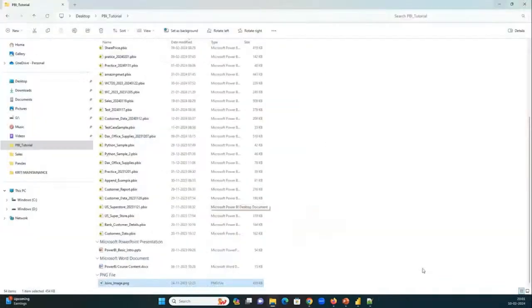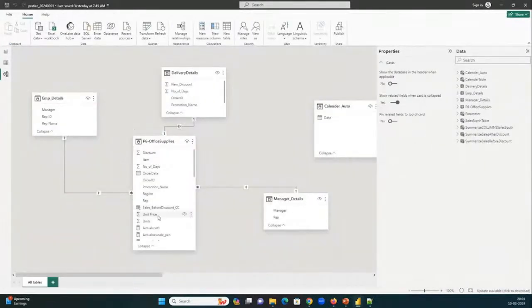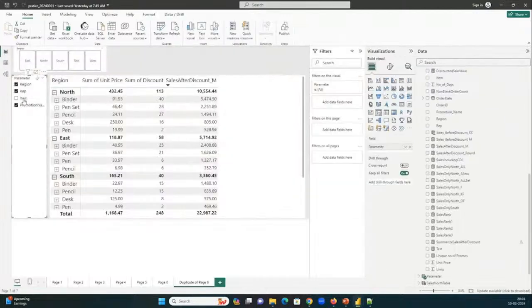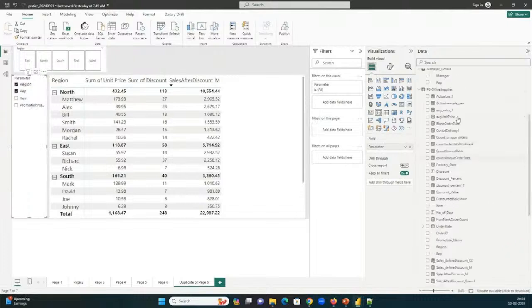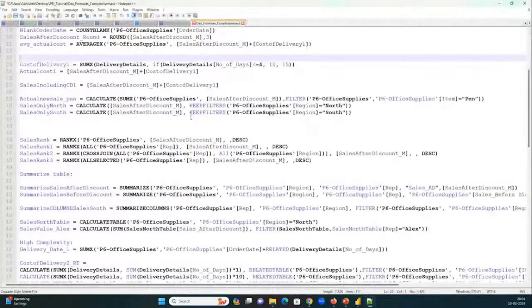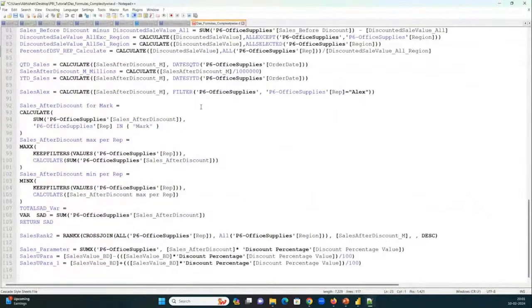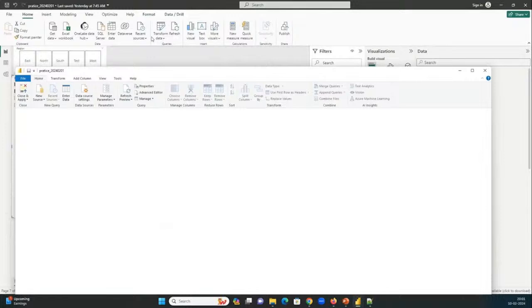And then there is this office supplies table. In this table, you will have the sale details, right now on the screen I can show you: region, rep, item, and then the promotions. And we have other details as well, the order ID, order date, delivery date, all of which will be calculated based on the order ID and the number of days taken for delivery. In this you will learn all these measures, around 70 odd measures. And I'll be teaching you calculated columns as well, how to create a calculated column within Transform Data using Power Query, or